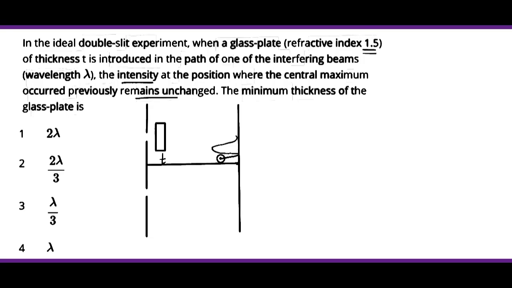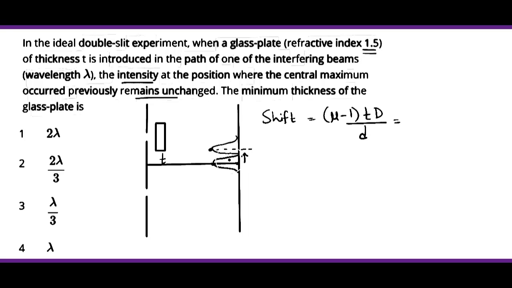we can see the central point always behaves like a maxima. Now here it says when a glass plate is introduced, this central maxima we know shifts towards the side where the glass plate has been introduced, and now at the previous maximum point there occurs, let's say here, maxima. So we can say here the first maxima below this central point has been shifted, will shift value is